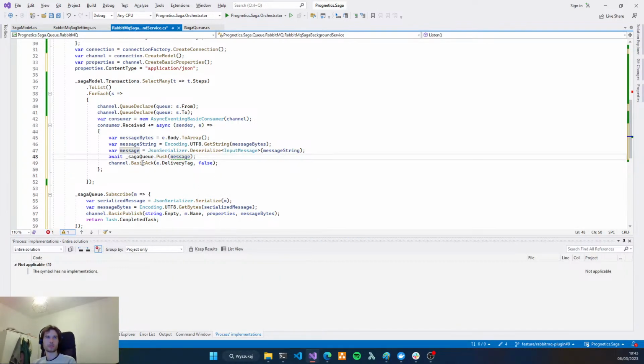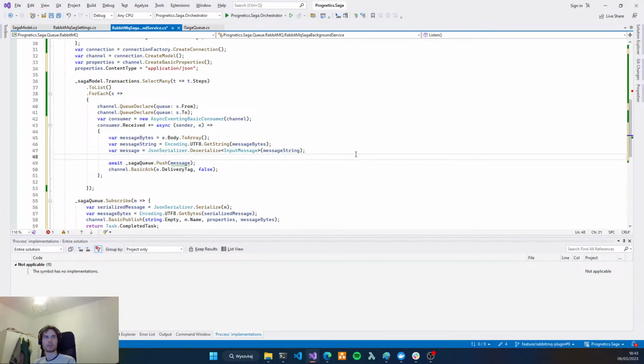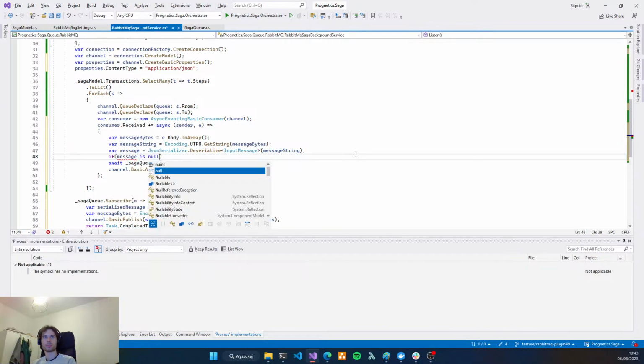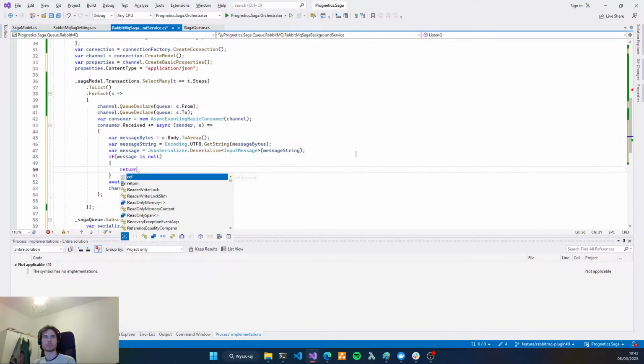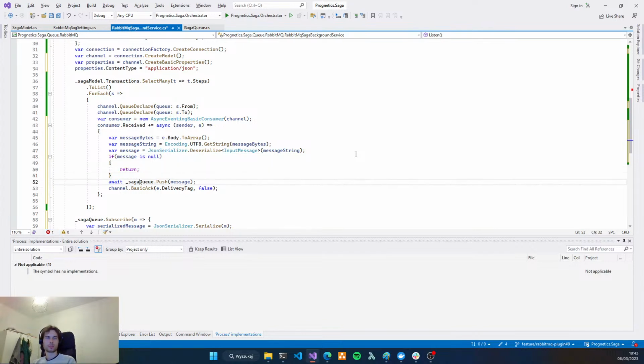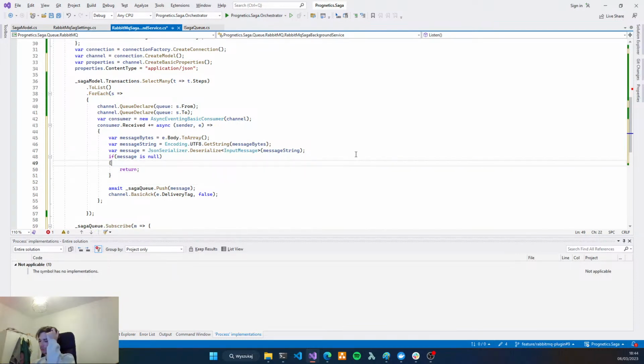And what we have here, okay, so it can be, if message is null, just return. Right now, maybe we want to throw an exception, maybe we want to do something else, log a warning or something like that.